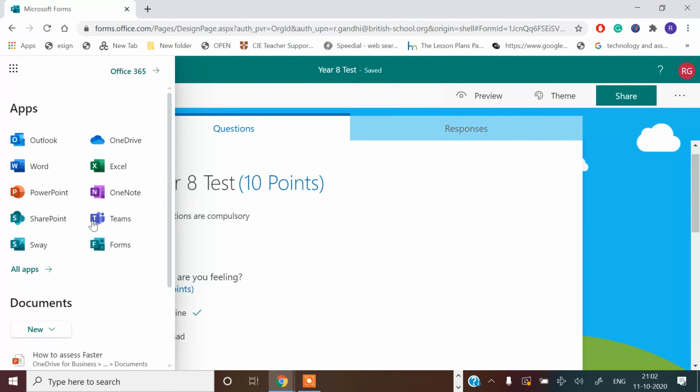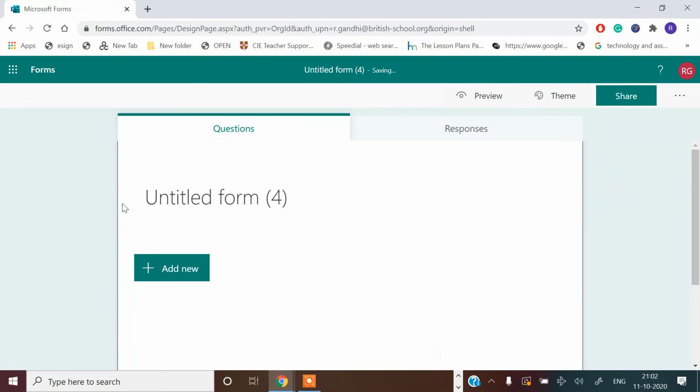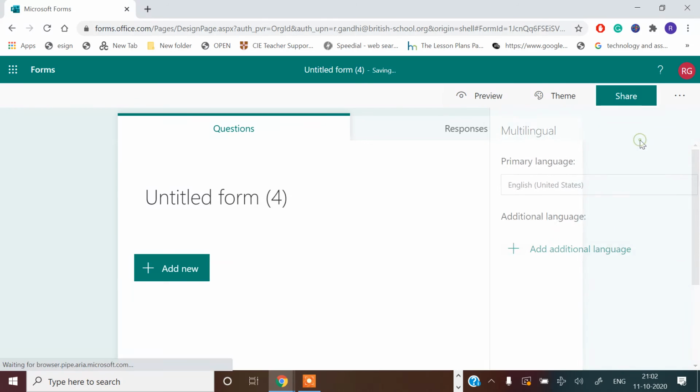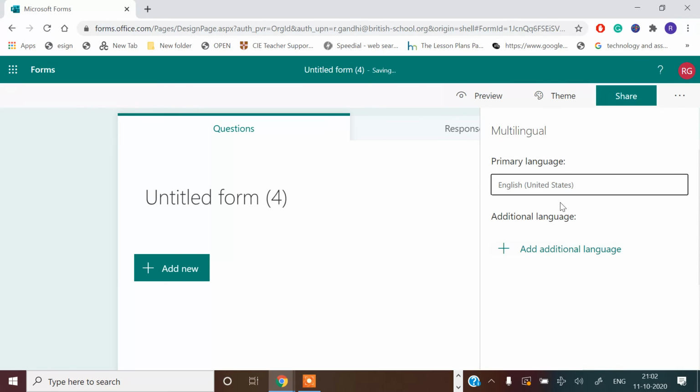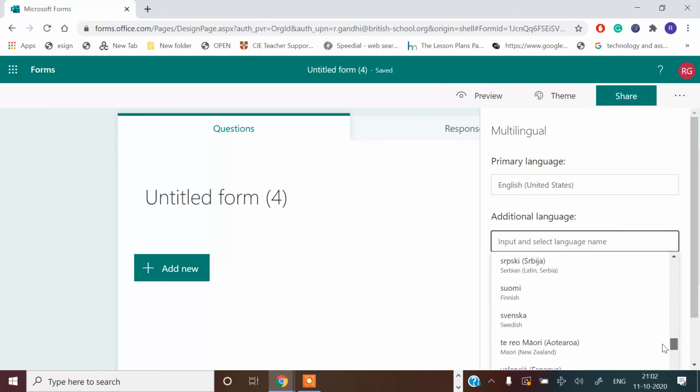Let's get on to the forms which are used for data collection. In that case, one thing very interesting is again in the settings, the rest is all the same. The multilingual one, you can have it in different languages. If you have students who do not understand English, then you can choose any other language. So great. For data collection, this is a very, very useful option.